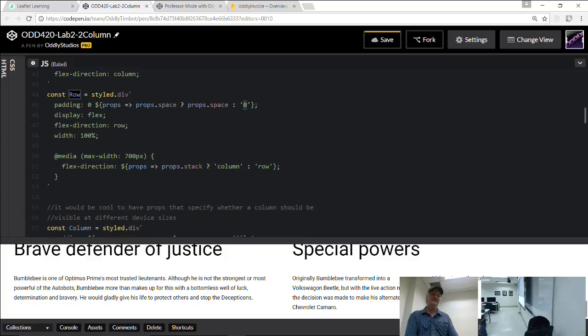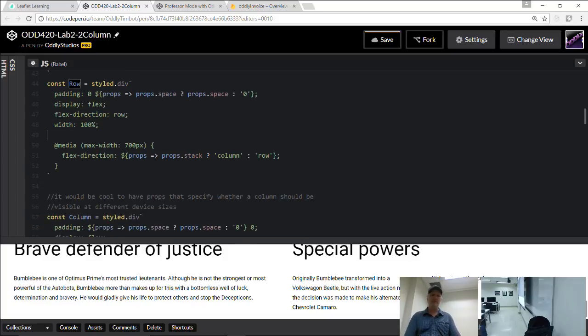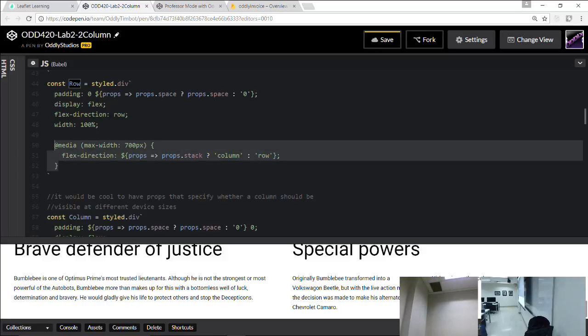So I'm doing something similar with one more trick right down here. Now this is beautiful. I love that I can do this. I'm nesting inside of my component here a media query. Usually you have to create your media queries totally separately. You go down to the bottom of your CSS page, you make your media queries, but you really have not that much control over them.